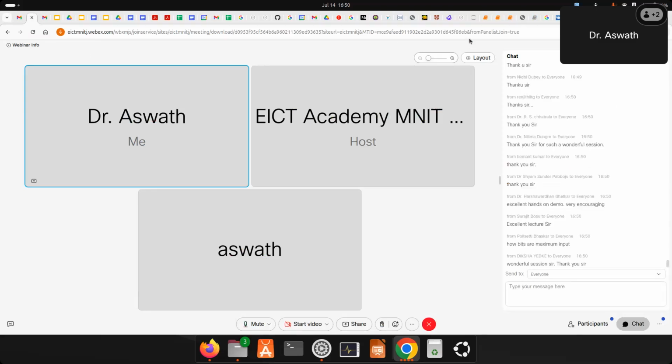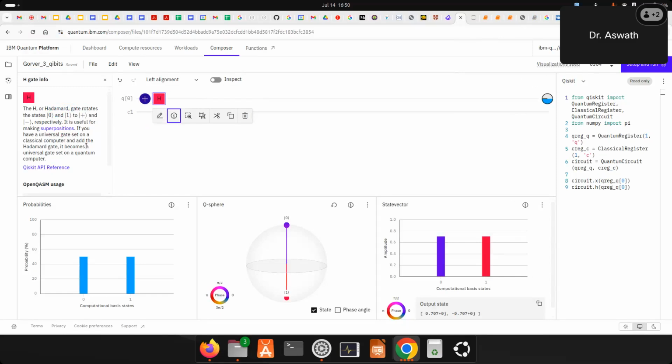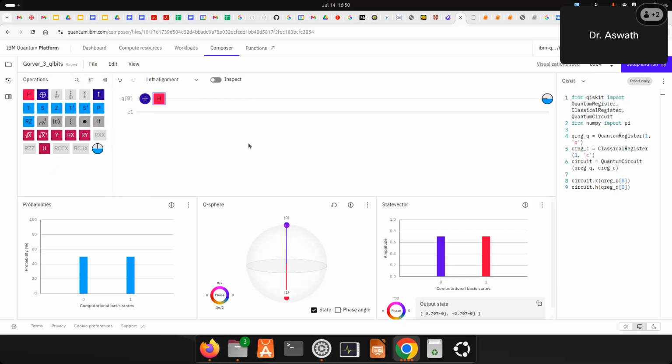In the next class we will discuss that any gate we can realize from the fundamental gates. That is what I mean. If you click on this and click the Hadamard gate, go for information. How this Hadamard gate is realized is also given here. You can check the reference for how the Hadamard gate is realized. It is in fact a combination of gates or something else. So when I say a quantum computer works with multiple gates, it's not like that. Higher dimensional gates are realized out of fundamental gates. That is what the Solovay-Kitaev theorem helps us to do.